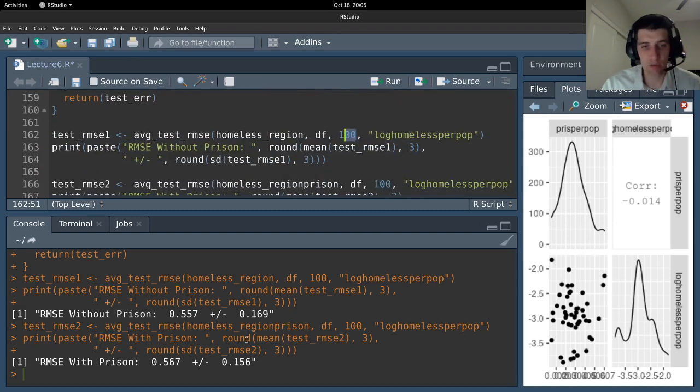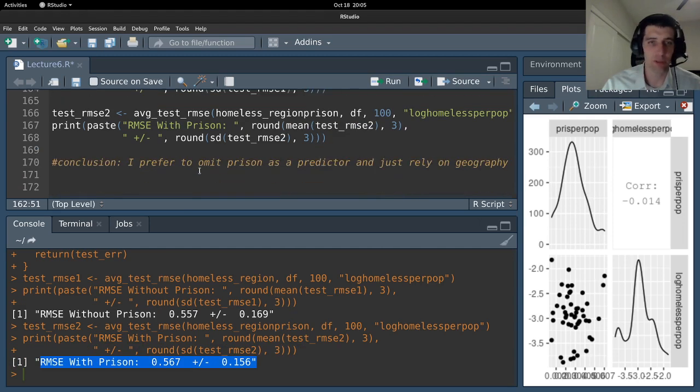But in general, I would say that I'm not enthused about prison as a predictor, or the incarceration rates as a predictor, right? Because my test RMSE went up. So I have more information, yet my testing RMSE went up. So there's no reason for me to add this predictor to my model. Okay, so that's all I have to say about